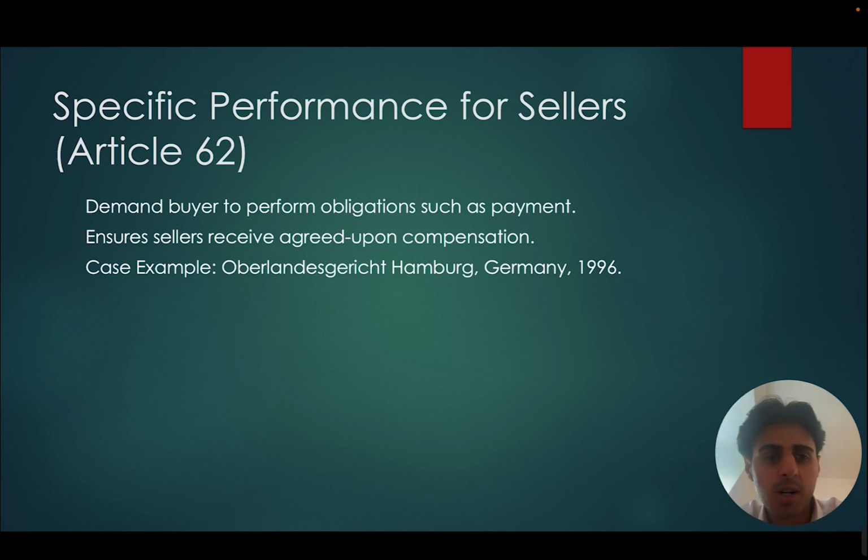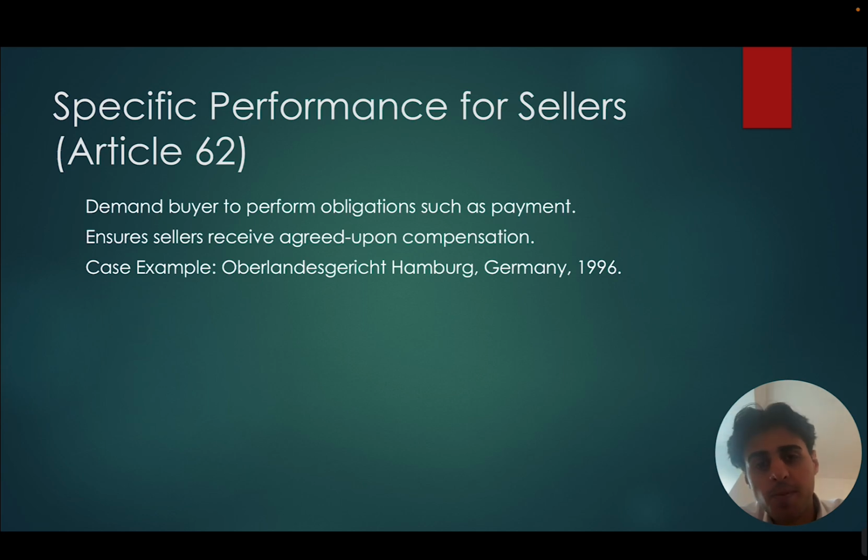Moving on to the available remedies for sellers. Article 62 of the CISG will allow sellers to require buyers' performance, to require buyers to perform their obligations, such as paying the price or taking delivery of the goods. This remedy ensures that sellers can enforce the buyer's primary obligations and preserve their rights